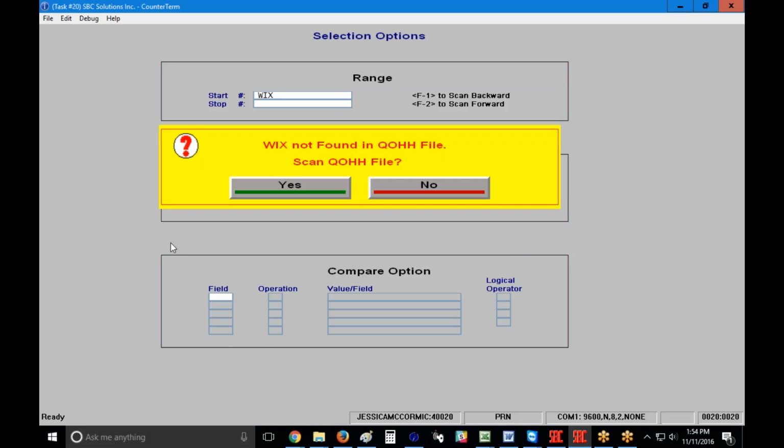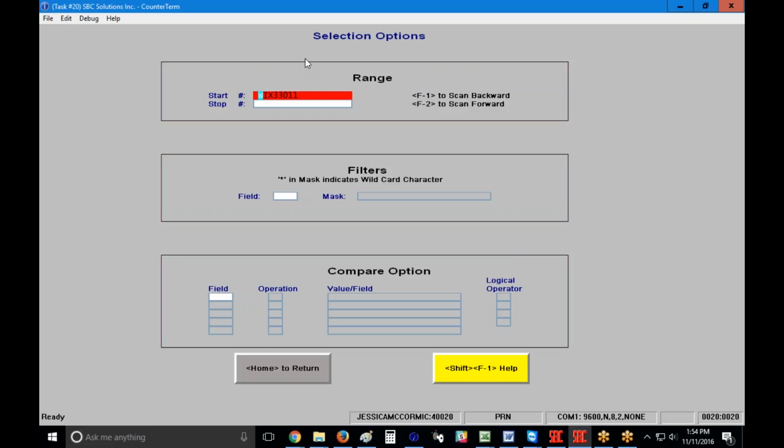It'll show you the quantity on hand that was imported through your conversion. But if you have parts in your inventory that had no quantity on hand upon conversion and that have never been sold or stocked, there's going to be no record. So don't be surprised if you come in looking for parts that you weren't sure about whether you sold and there is no record. So I'm going to say yes, I want to scan,